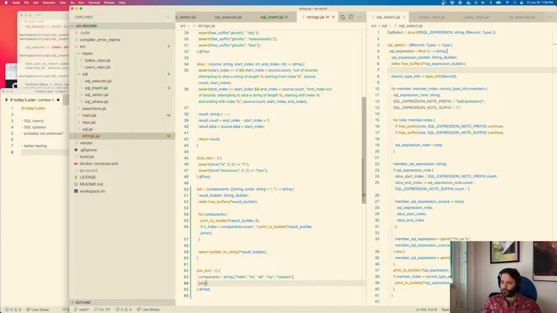Great, I'm going to join on components. And I think I can just do an assert equals. Right, okay, that's what I'm trying to do here. And for each component, I'm printing it out, and I'm sometimes printing out the joiner, which defaults to the comma with a space on it. And then